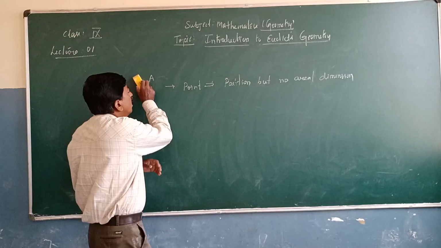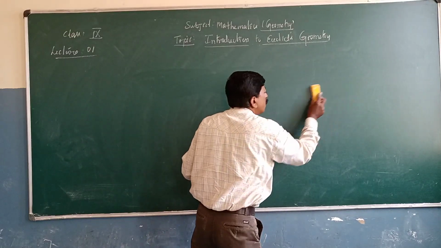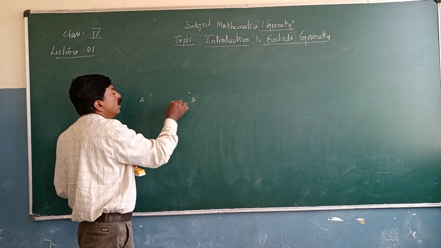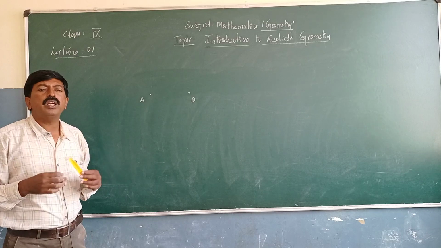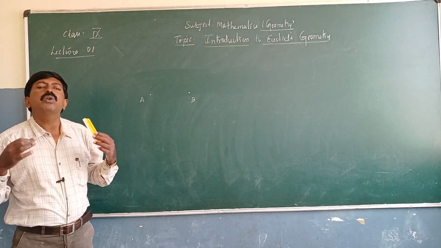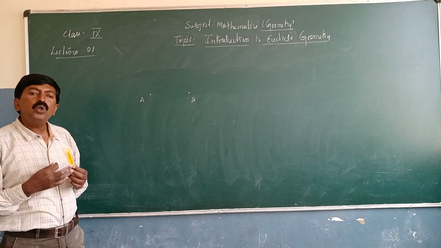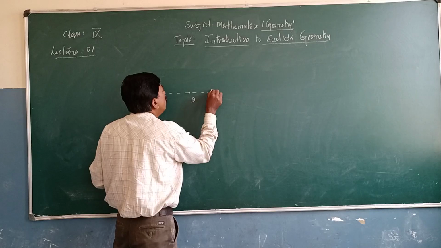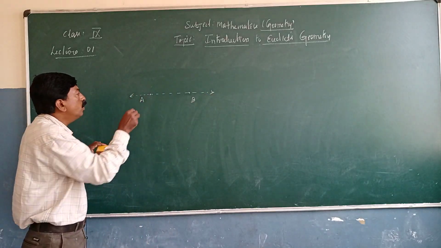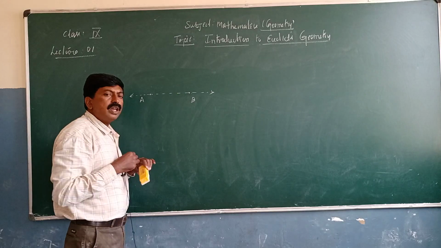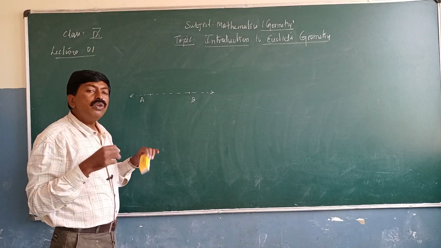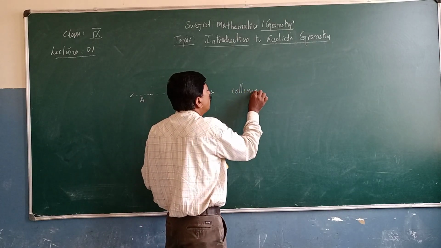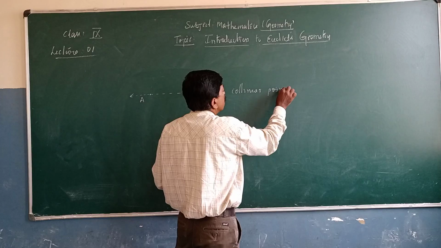Now observe carefully. Related to this point, I will mark some points. Call this A, call this B. Observe how many points I plotted on the green board. It has 2 points. These 2 points lie on a line. If you draw a line like this, you will get a straight line. What do you call such type of points? Call them collinear points.